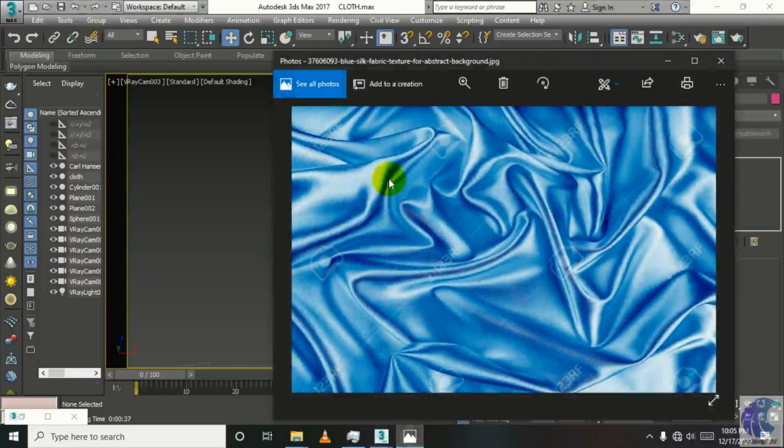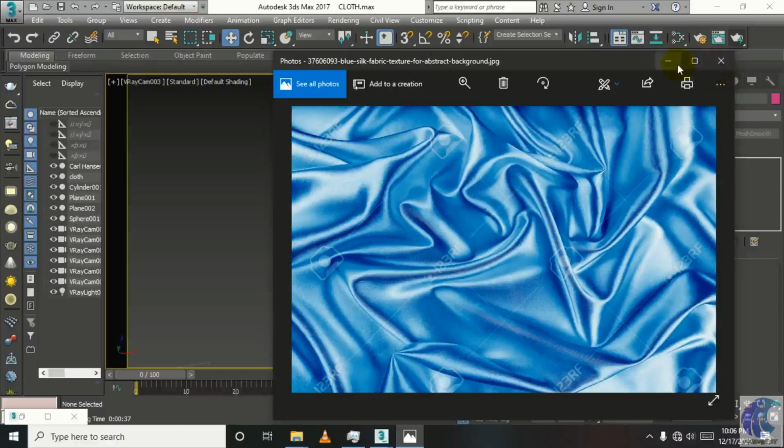So this is our reference image, and look at this reference image. This is how the colors are merging into each other. This is blue color, but somewhere it is not a complete blue color. Look at this, and this is white color, and this blue color is changing to white color, and somewhere it is blue, and somewhere it is between blue and white, and somewhere it is white. So we have to imitate this in VRay using a falloff map.